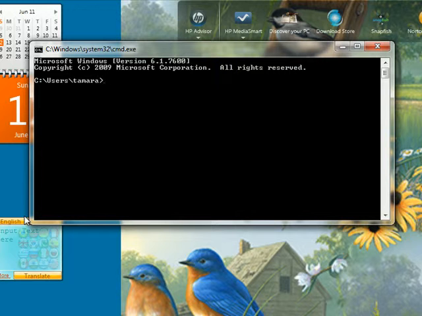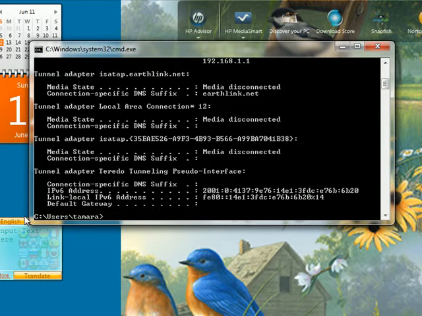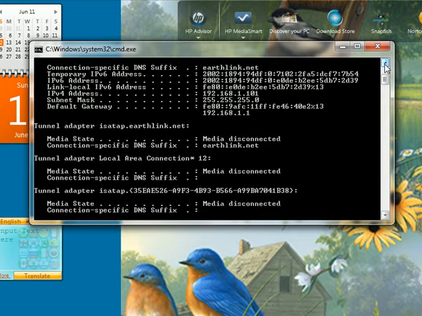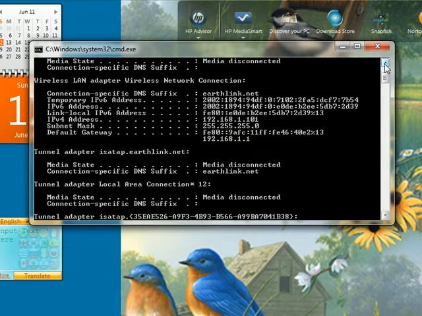When you bring up this screen, the first thing you'll need to do is type in ipconfig and hit enter. And this is going to give you your basic information on your computer. If you scroll up, you'll see there that you have your IP address, which is this IPv4 address, which is 192.168.1.101. And your subnet mask is 255.255.255.0, and your default gateway is the